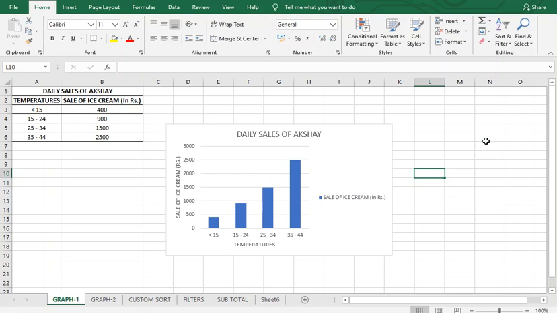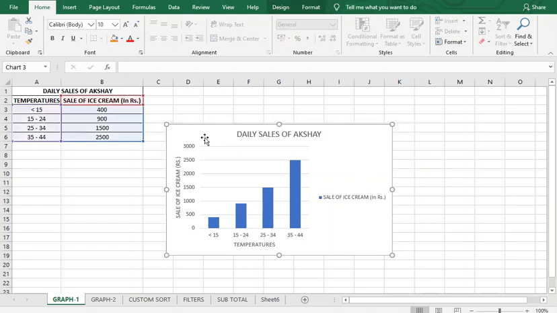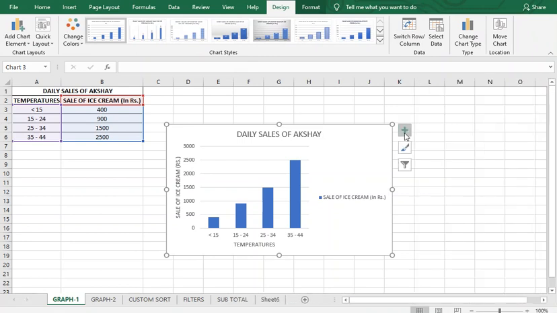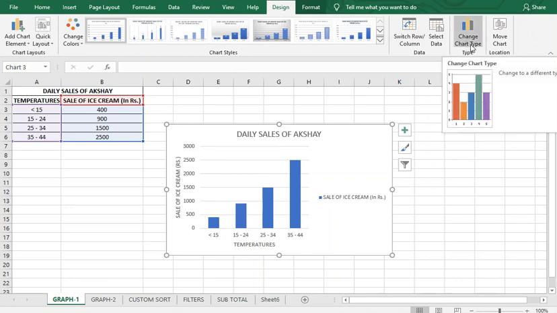And this is how you can make a basic bar graph. What other options do you have? Suppose you have made a graph or a chart, if you wish you can also change the chart type or graph type. How can you do that? Select your graph once again, and once you double click on your graph, you can see there is an option that says change chart type.